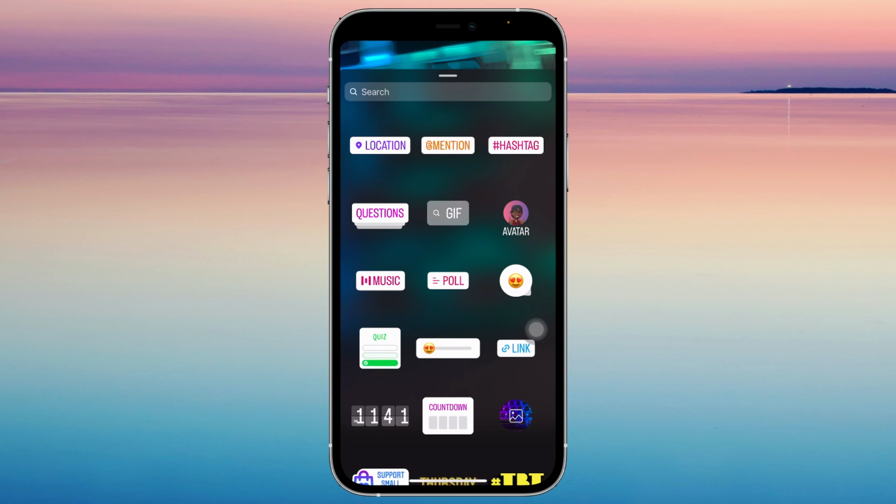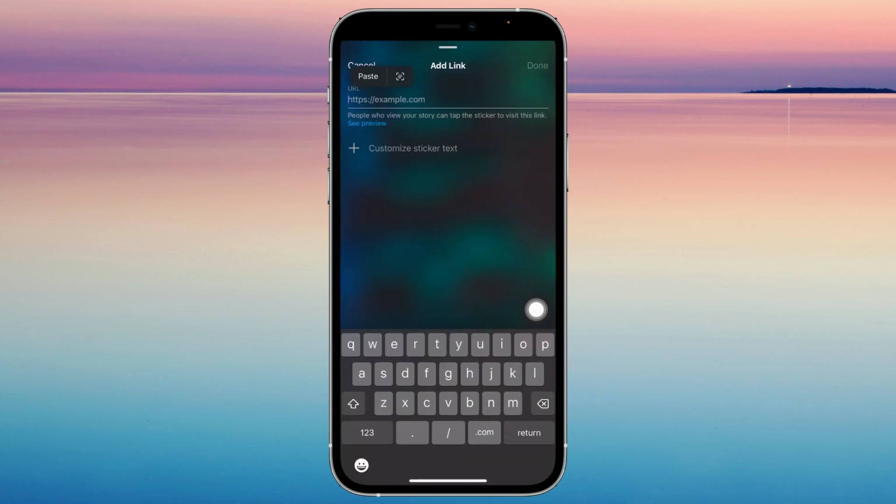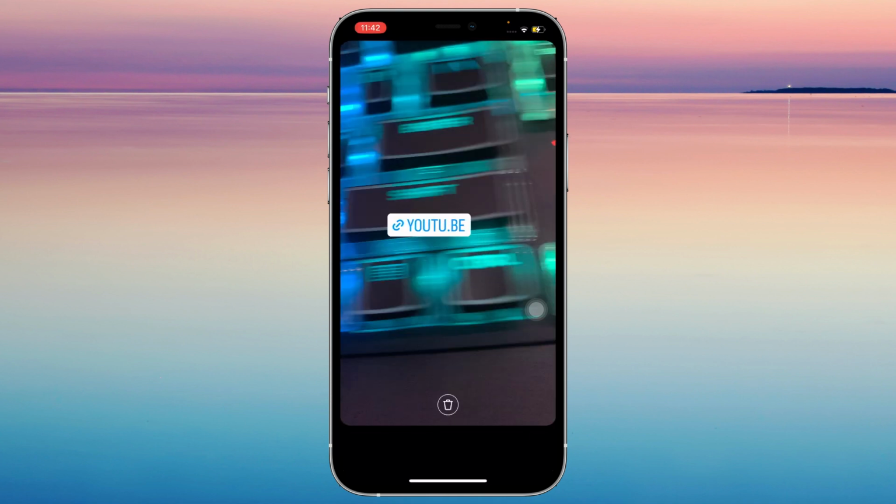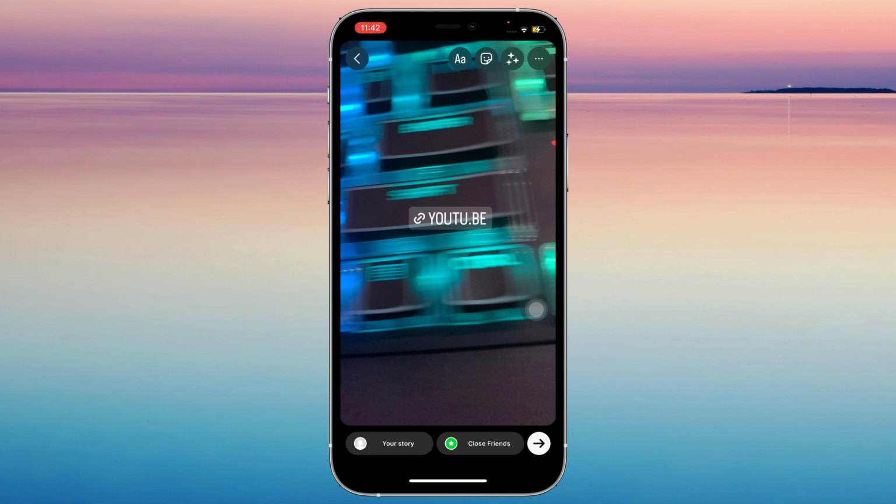the screen. And then as you can see, there's a link sticker. So once you tap on that, just tap on paste and then done. And here you go. You can also tap on it to customize the color, which I think is pretty cool